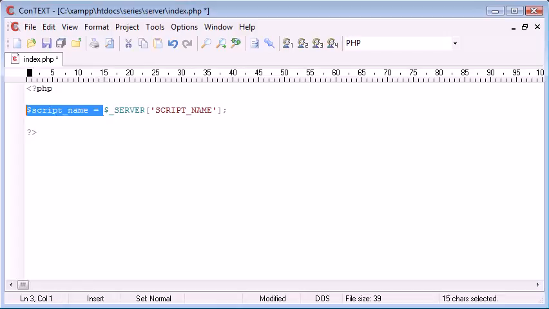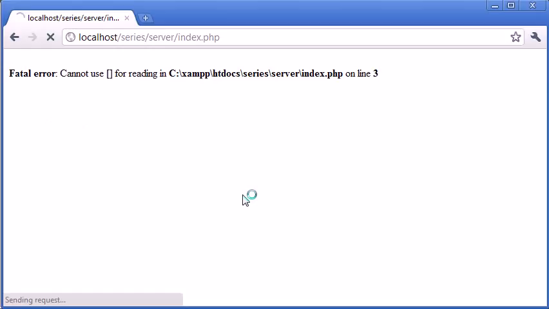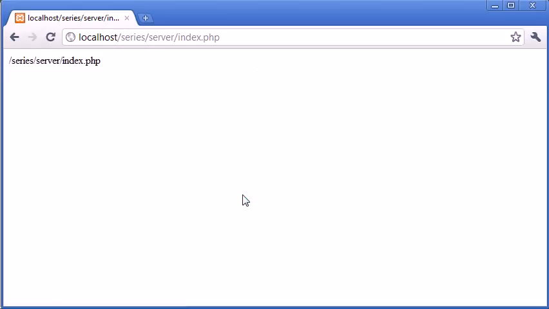So I'm going to say script name. You can just echo it out straight away like this, but I'm going to put it into a variable so it's just a bit easier to see what we're doing. So we've got the script name here and we're using the predefined server variable, and this is the environmental information that we're putting through. So we've got SCRIPT_NAME in capital letters. Now we're echoing this script name. So let's test this and see what we get. Okay, so we've got